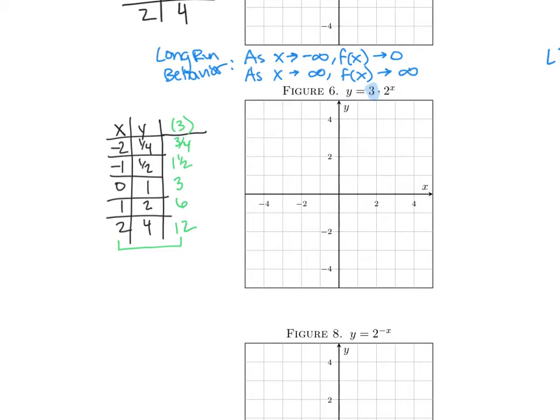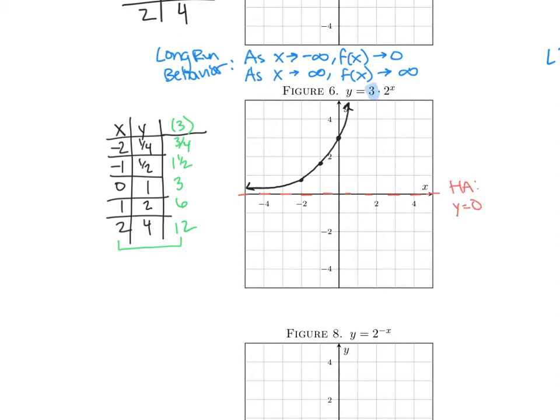So when we graph, it's going to look like 0, 3, negative 1, 1 and 1/2, negative 2, 3/4, right here, and that's going to look like a very stretched out version of what we have, and that's still going to get really close to 0, but not quite, meaning that we still have a horizontal asymptote